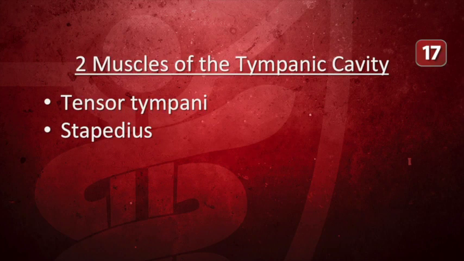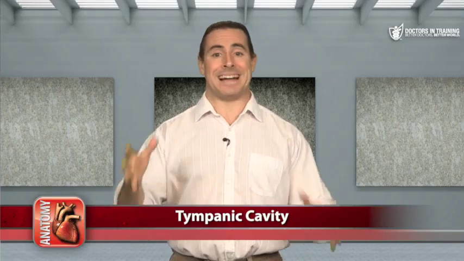The two skeletal muscles that extend into the middle ear are the tensor tympani and the stapedius. These muscles are activated reflexively in response to loud sounds to decrease the movement of the ossicles, thereby dampening sound transmission through the middle ear to prevent damage to the inner ear. When you take a neurobiology course, you'll learn that this reflex is mediated by the superior olivary nucleus in the